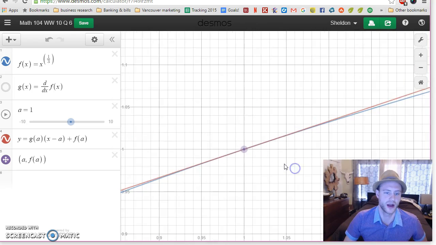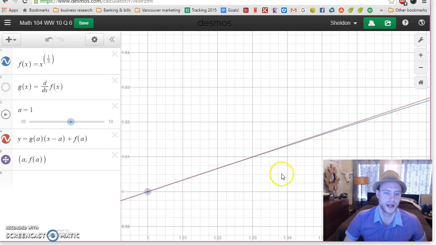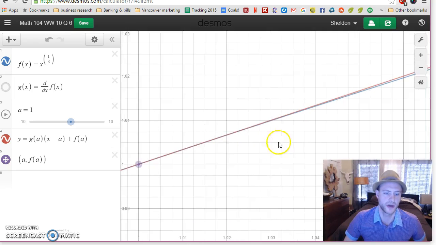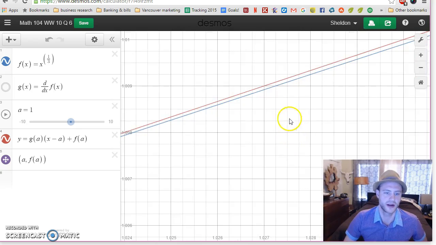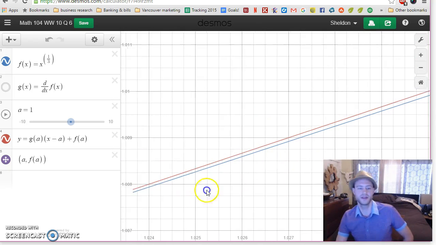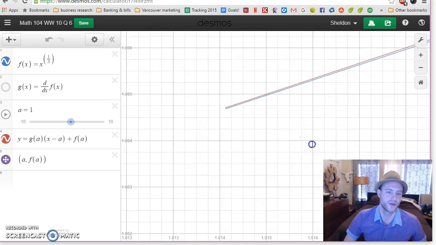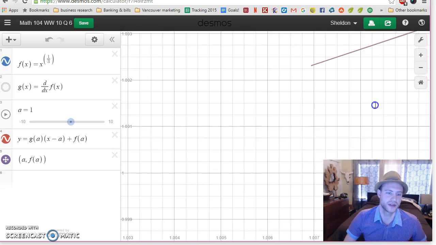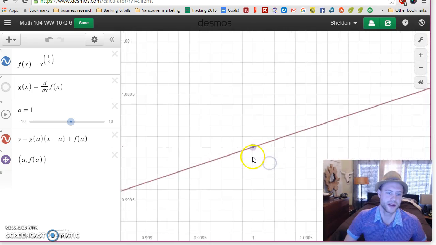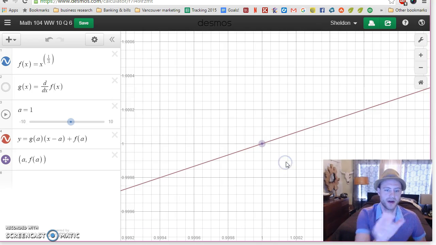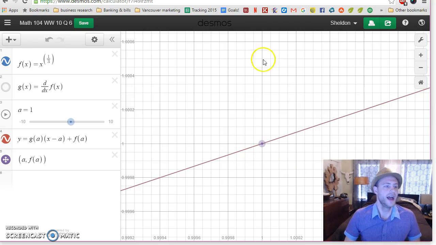I have to zoom in a lot. It'll never actually be equal. Like these two lines are only ever equal at that one spot right there in this small neighborhood. Yeah, you can see it's starting to split off. See, there is an actual difference. Only at 1 is there no actual difference. Boom. So it doesn't matter how much I zoom in on that point, they will actually be the same. But then every other spot, I just need to zoom in enough, and there will be a difference. Anyways,